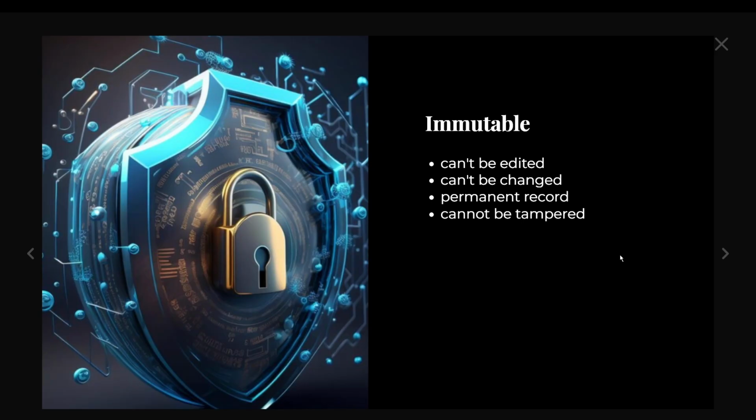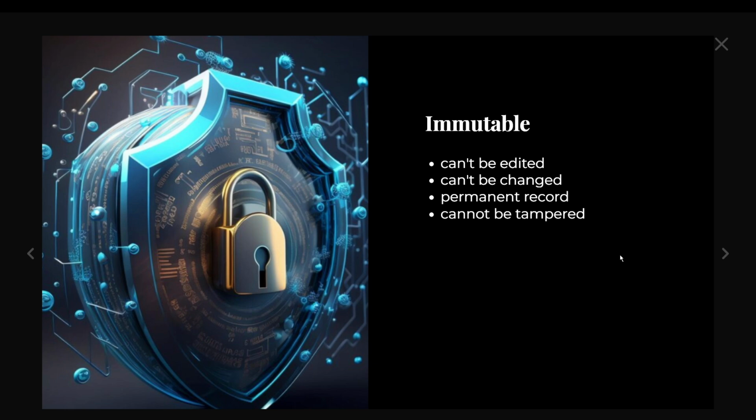Let's see what immutability is. The third main feature of blockchain is immutability. Once the information is recorded on the blockchain, it is almost impossible to change it. This is because each block is connected to its previous block using something called a hash, which acts like a digital fingerprint for the block. We'll see how they are connected to each other in a while with an example, when we are going to see how security works.